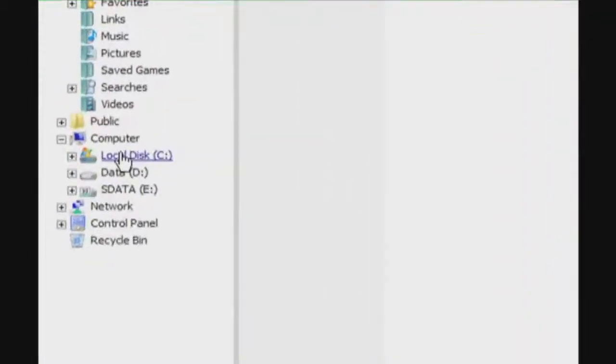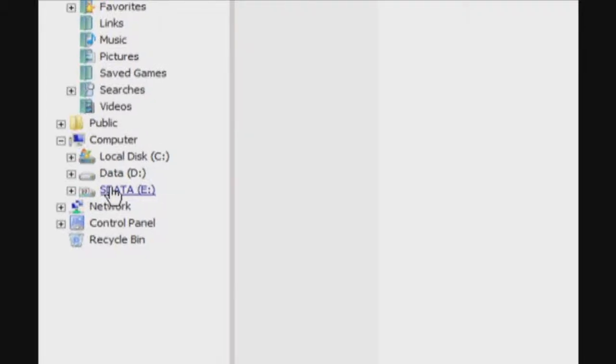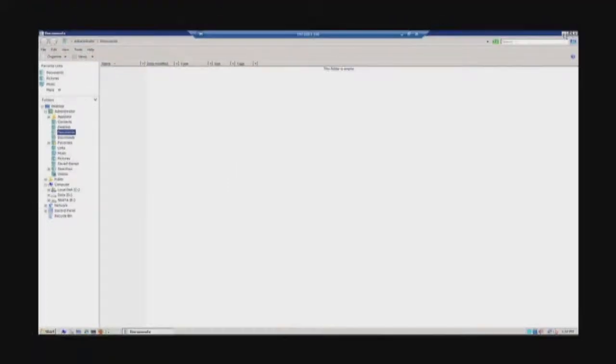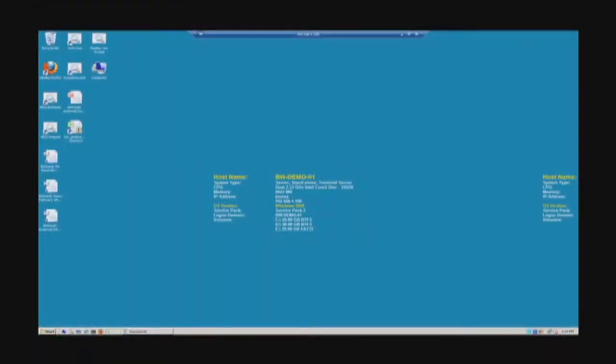There we can see that we have a C drive, which is located on the SSD, a D drive, which is our data that we're going to use to copy to the BitWackr volume. That's also located on a partition on the SSD. And then we have an E drive, which is just a data partition on the SATA drive. We're going to share that with the BitWackr volume. So closing that down, we can open up